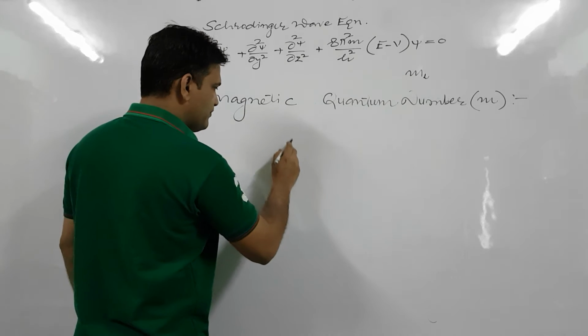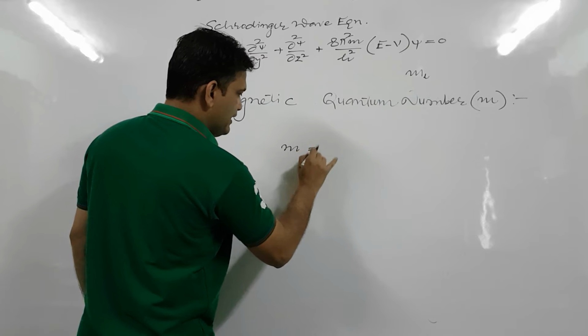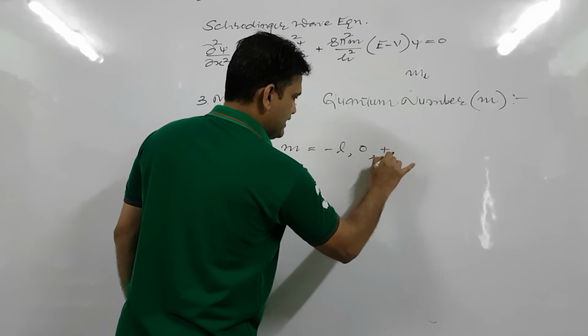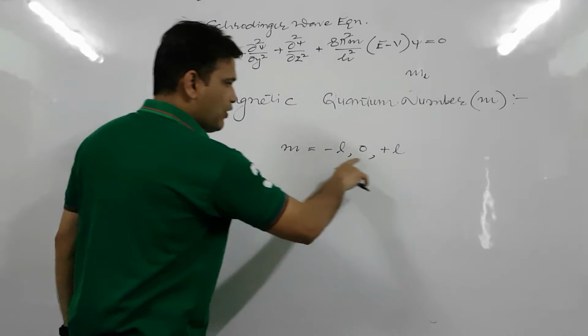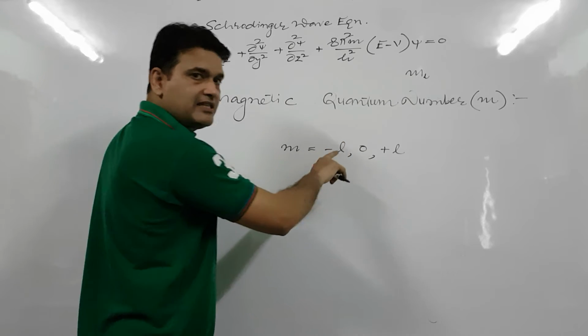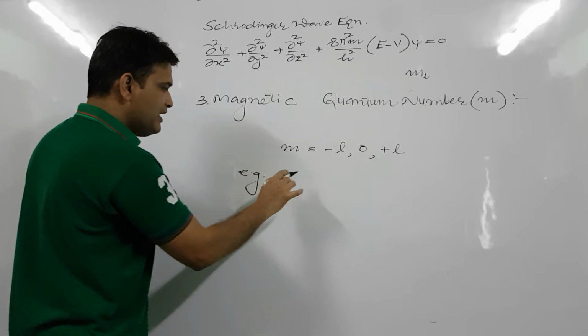For example, the value of M is from minus L to 0 to plus L, with the difference of unit. M has values from minus L to plus L. For example, if